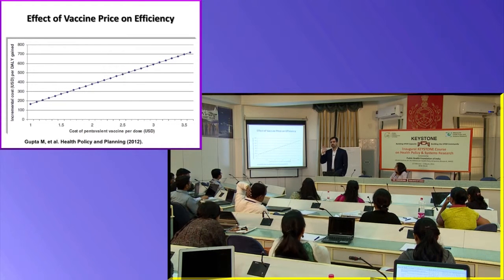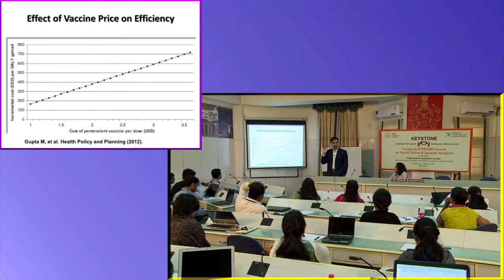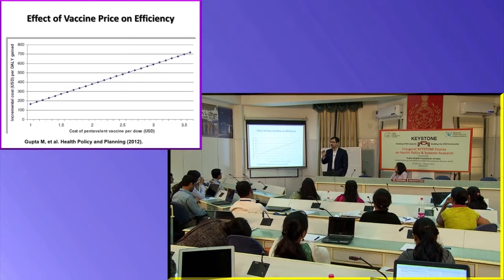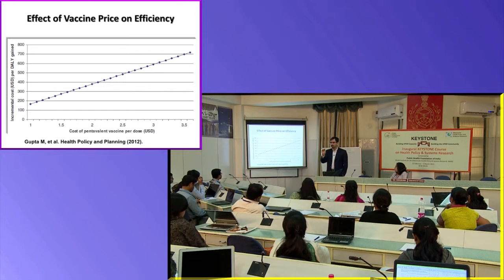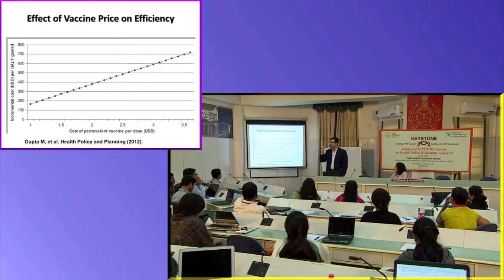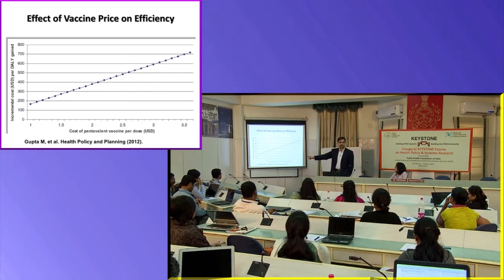For example, in one case of cervical cancer screening in Thailand, they found cervical cancer screening is not cost effective. But then they told the government, if you are able to negotiate with the supplier and lower the price of the cervical screening kit by about half, then your intervention becomes cost effective in your setting. The government negotiated in Thailand and they were able to bring it down to 10% of the market price. So this is the kind of information that the government needs.